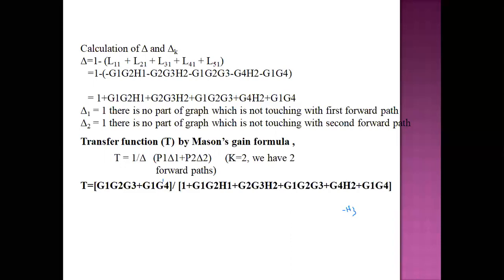So with this example problem, we have discussed the signal flow graph and its various terminologies, and we have solved 2 problems: how to find the overall transfer function of the signal flow graph by using Mason's gain formula, and in the second case we have converted the given block diagram into a signal flow graph, and we have used the Mason's gain formula to find the overall transfer function of the system.